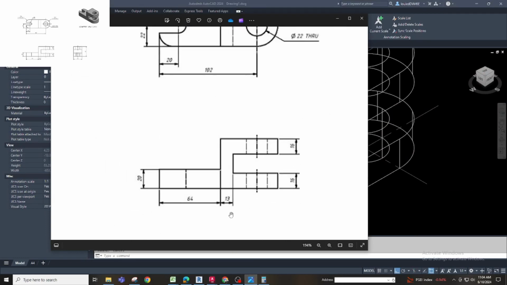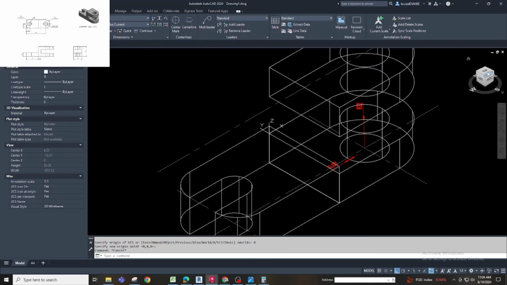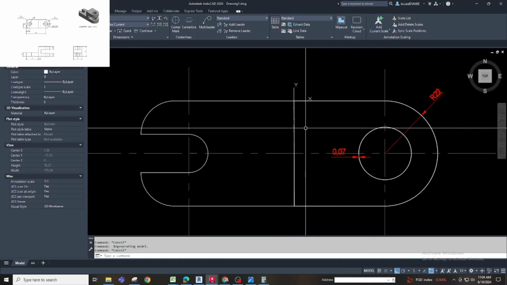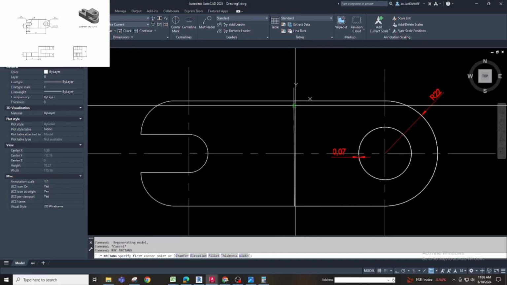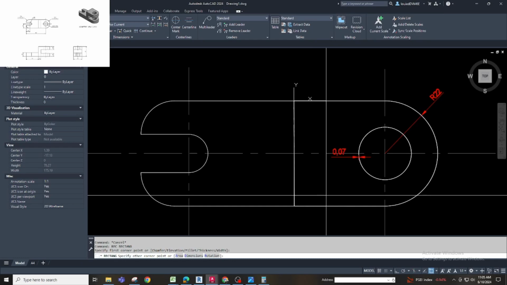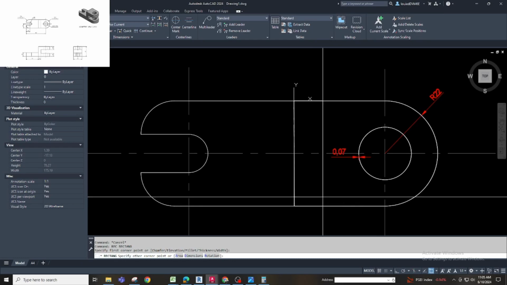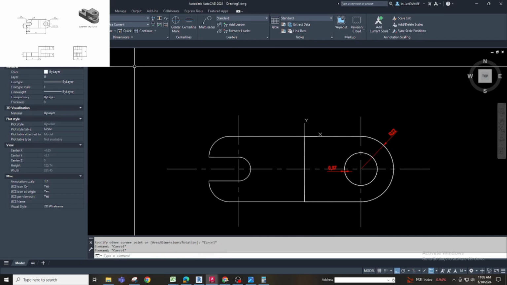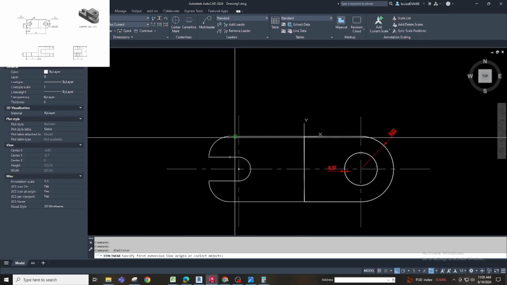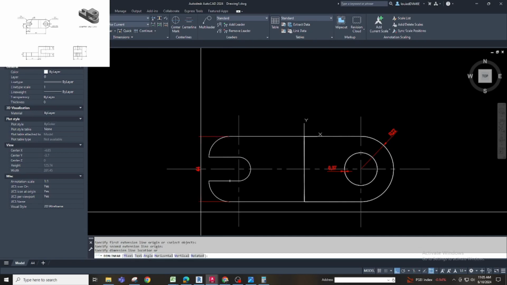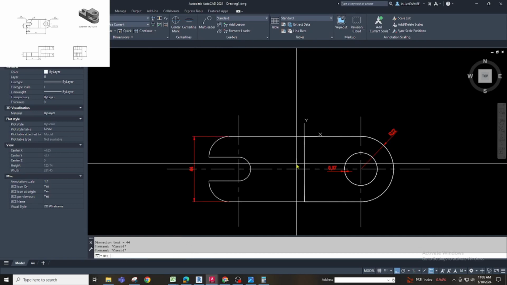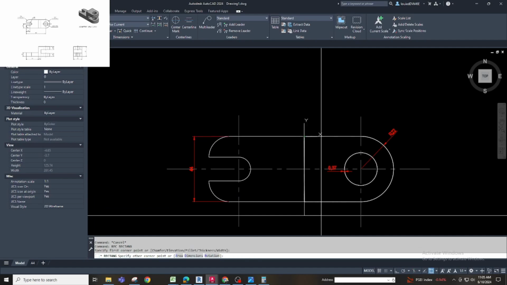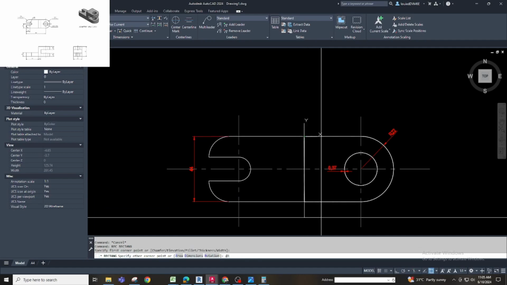So I will draw a rectangle, at dimension 44, which is rectangle 13 by 44.